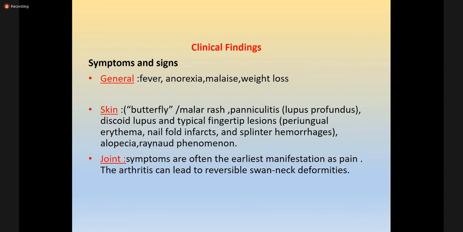If the patient is having only involvement of the heart in a young female, you have to think of SLE. Or if the patient is having involvement of the central nervous system in a young female, which is not specific to any other disease, you have to think of SLE. So what I meant to say is that there are a variety of presentations which can come under the umbrella of systemic lupus erythematosus.